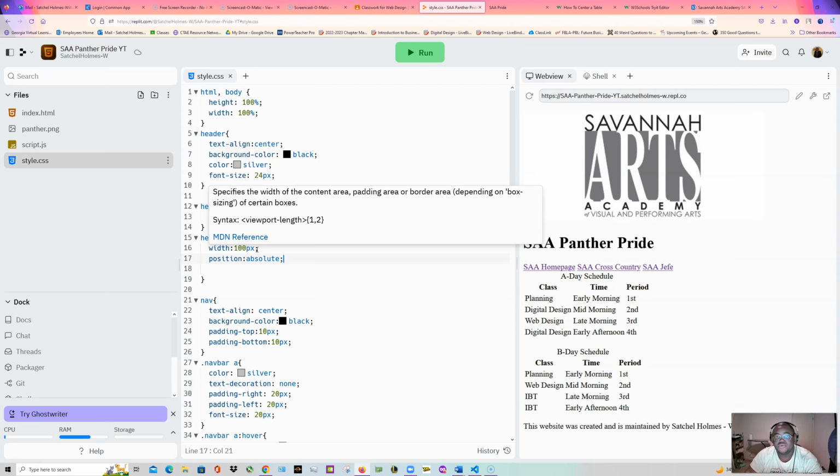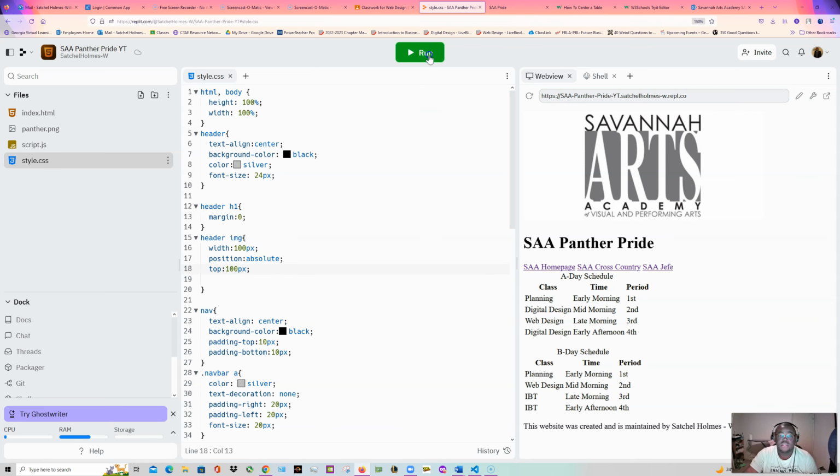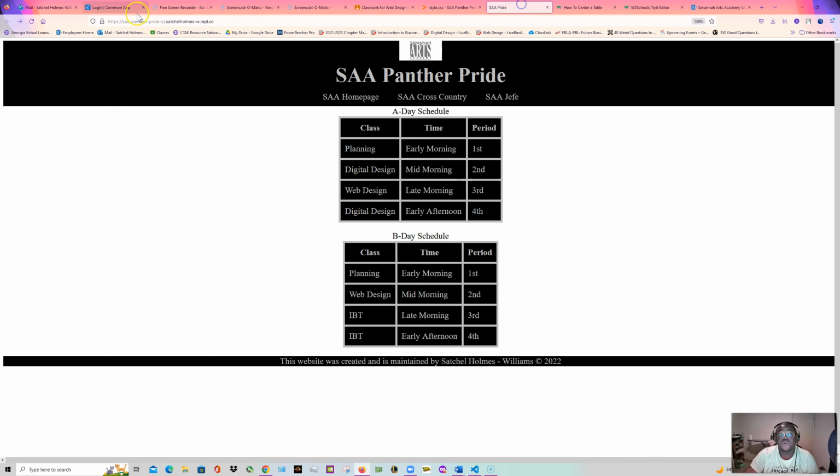Position absolute basically says I want this to be absolutely positioned this much from the left, or this much from the top, or this much from the bottom, or this much from the right. So here I want this to be positioned from the top a certain amount of pixels. I'm going to say top 100 px, semicolon. And yes, you have to do both of these. You have to do both position absolute, and you have to give it some type of positional, so either top, bottom, left, or right, or a combination of these. And when we run this,